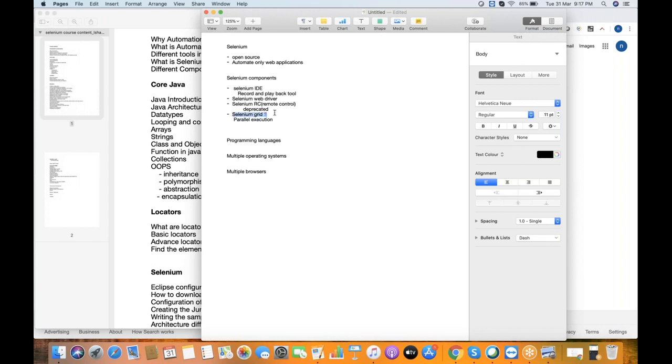Nowadays there are some cloud-based tools, maybe you have heard of them, like Sauce Labs and BrowserStack. These also provide the platform to achieve the same thing we achieve through Grid. But they are not open source.